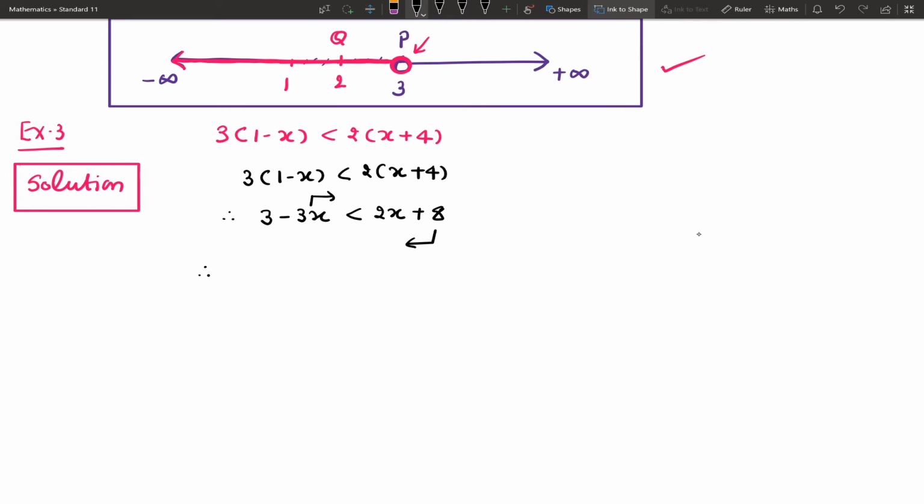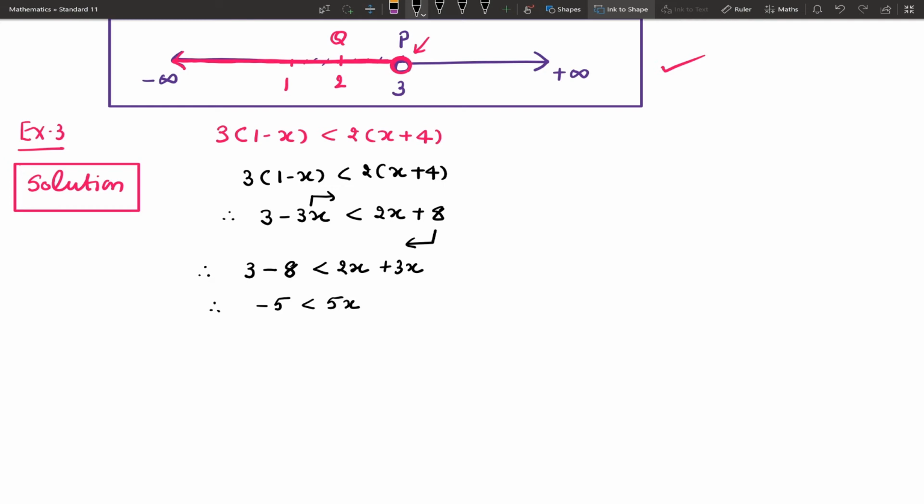So 3, when we transfer plus 8, it will be minus 8 less than 2x. When we transfer minus 3x to the right hand side, it will be plus 3x. So now ordinary simplification, 3 minus 8, minus 5 less than